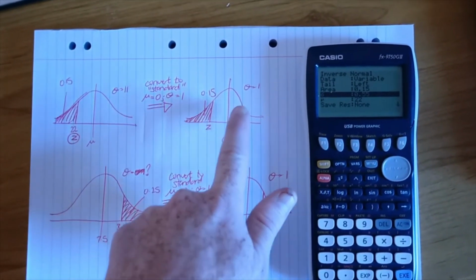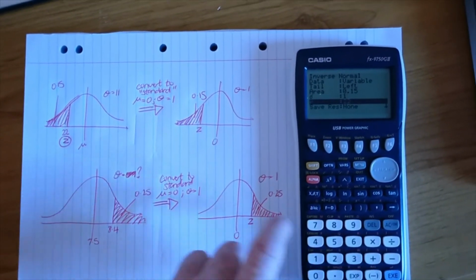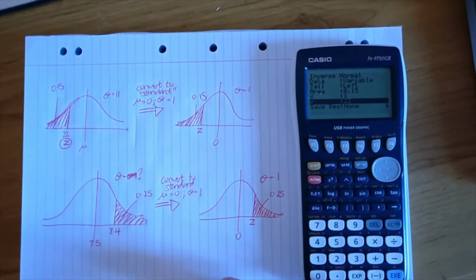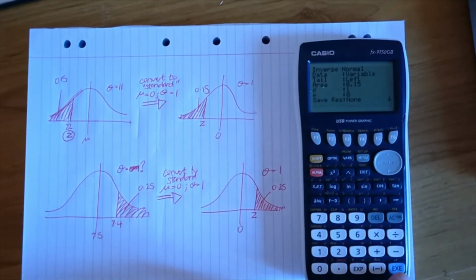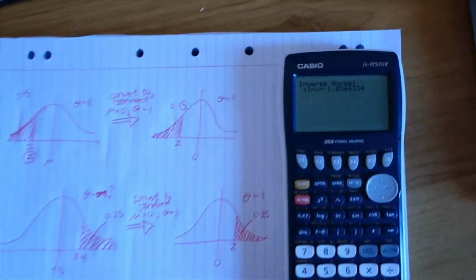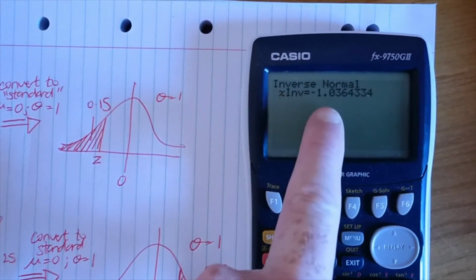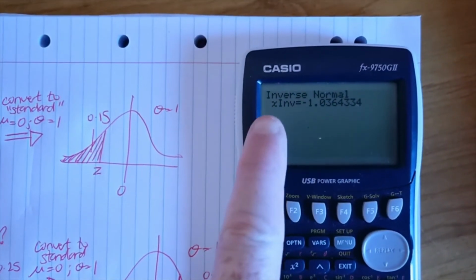We've now been asked about the standard deviation. In a standard curve, that is 1. And our mean we've changed to 0 as part of that standardizing process. And we push execute once, and then we push execute again. And what that tells us is our Z value is negative